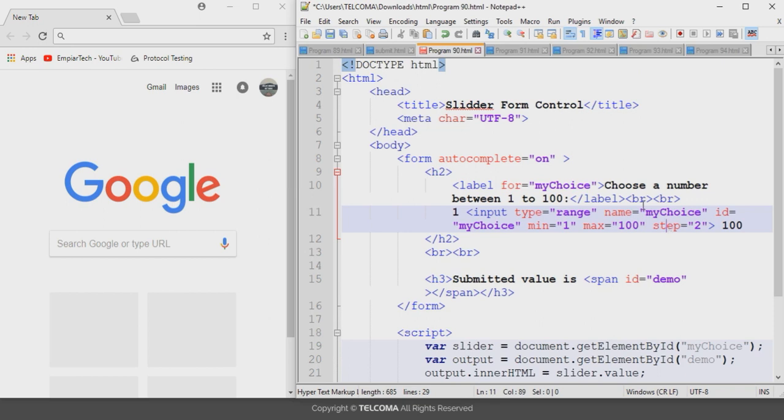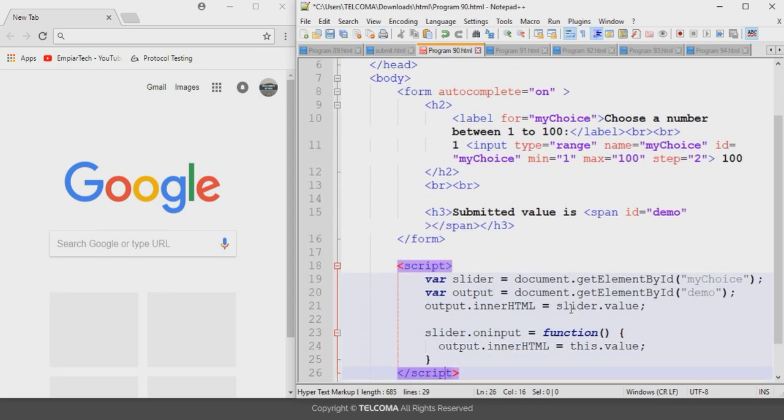So here you can see that I have configured the range from 1 to 100, and here I have added this heading where I want to add the submitted value. So if you make any change in the value using the slider, then the value will appear here. Submitted value is that. So to display this value, I have used this